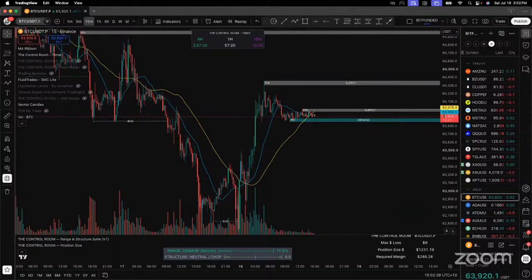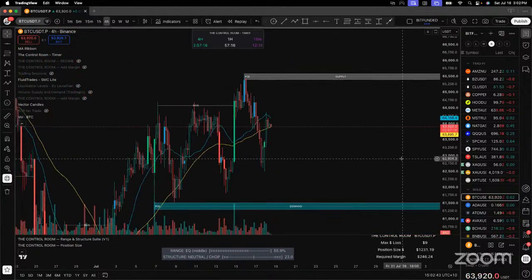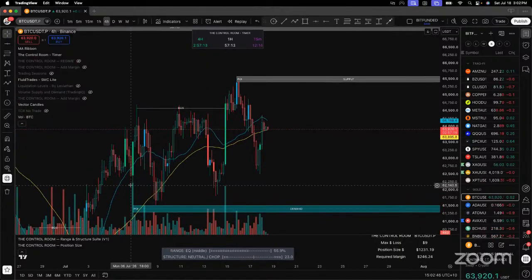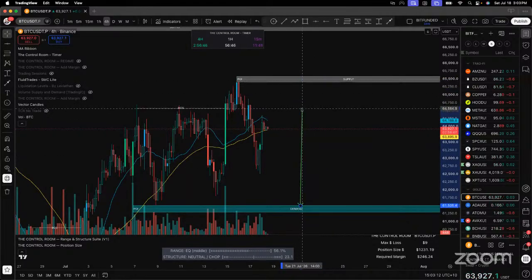So what we can see, high time frame, 4 hour. You can see we're in an uptrend. So we've broken structure to the upside. We had a pullback yesterday, and overnight we've had a little bit of kick up. So we've moved up into the middle of the range, so to speak. So we're trading within this range.